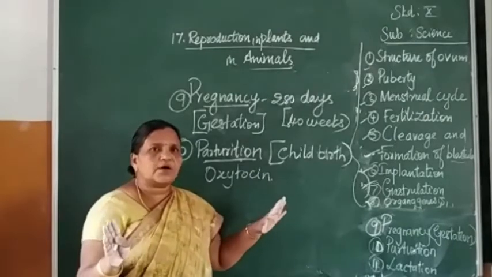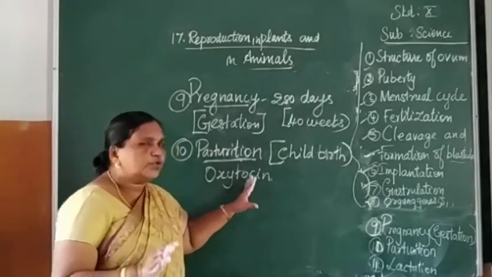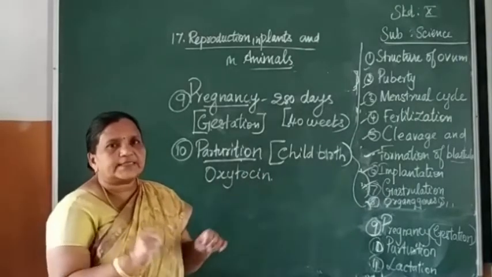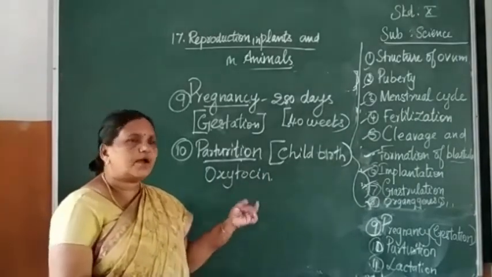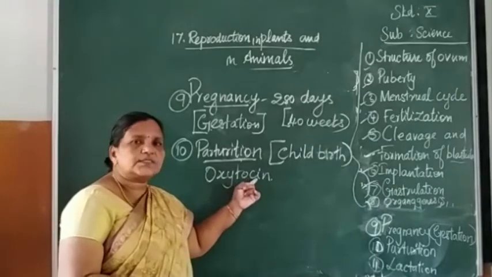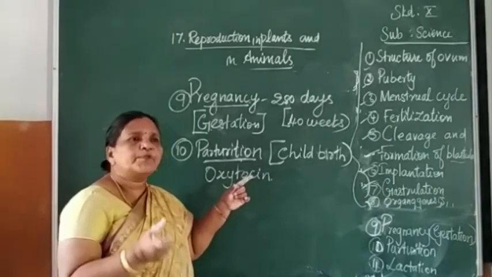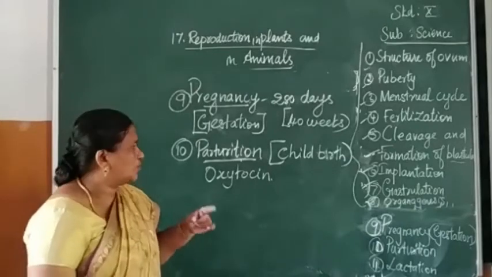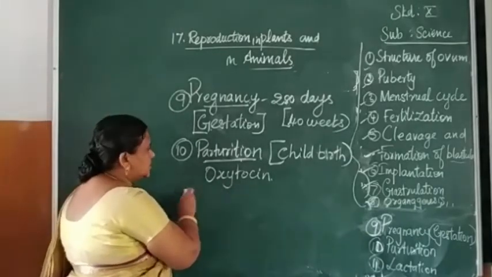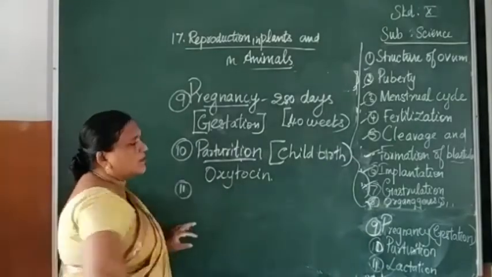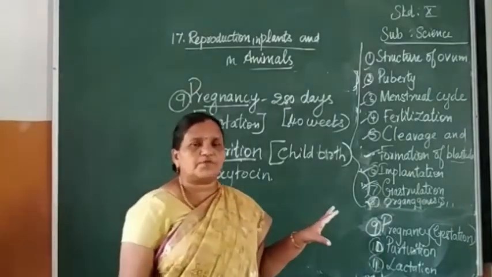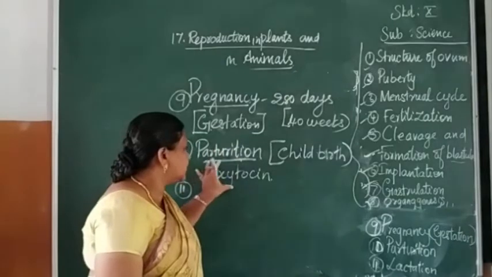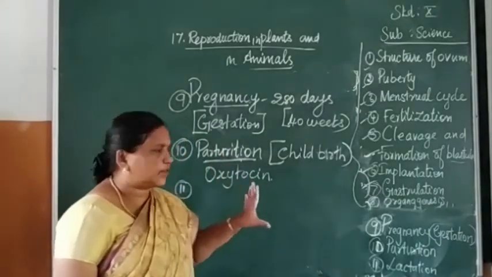These 3 layers of the uterus, or mother's womb, have to contract and relax to push the baby outside. For this, the oxytocin hormone gives the stimulation for the uterus to expel the baby out. Along with that, progesterone and estrogen hormones are also responsible for childbirth. Anyway, mostly oxytocin is responsible.